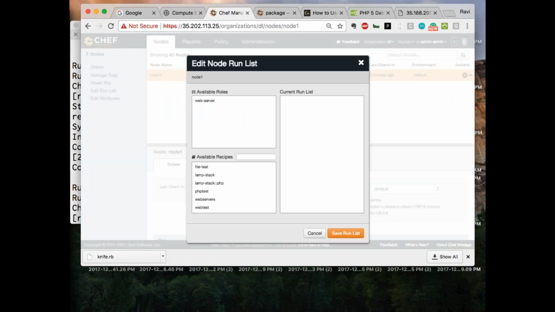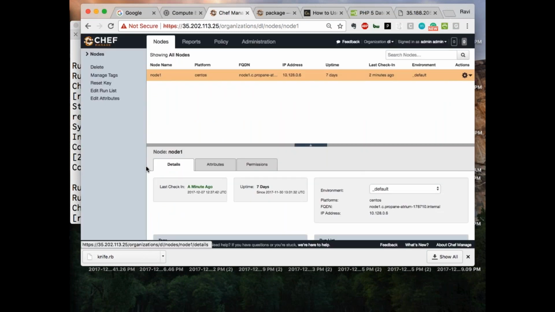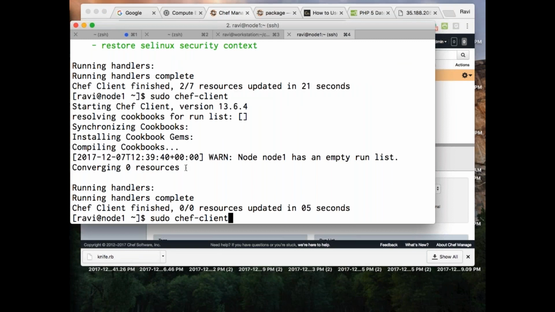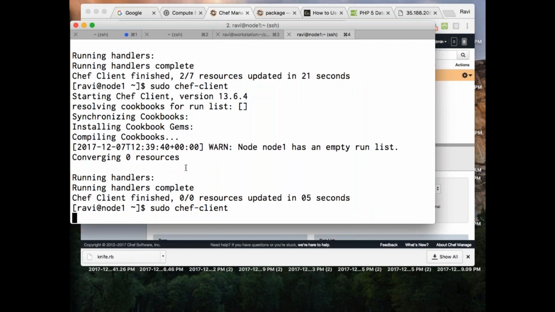So let's say edit. So I'll apply the role directly. Right? So save as chef-client.